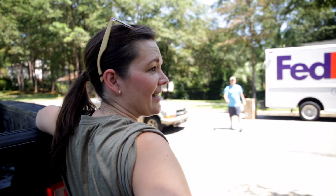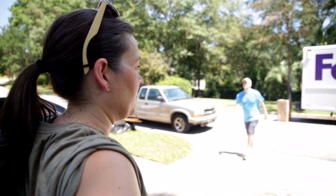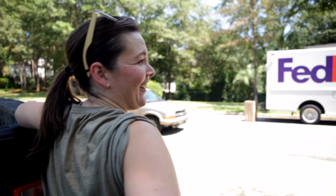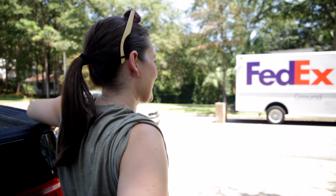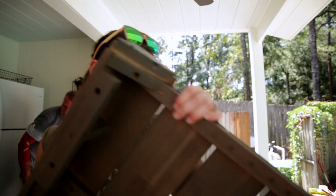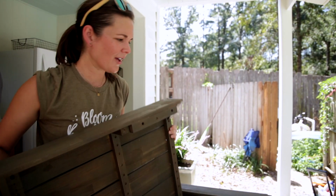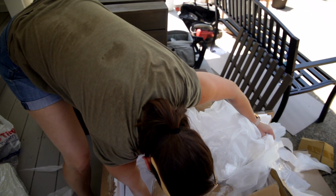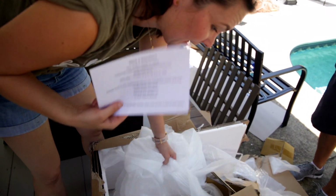We've been waiting days and days and days for these chairs to come. Neal was in high hopes they would come fully assembled, which I knew better. And look at them, they're in the big, huge box. Some assembly required, Neal, some. I don't even know how these all assemble into one chair. All right. 615, 620. Yep, I got lots of questions. I put together a lot of chairs. Those are the worst chairs I think I've ever put together. I mean, honestly,